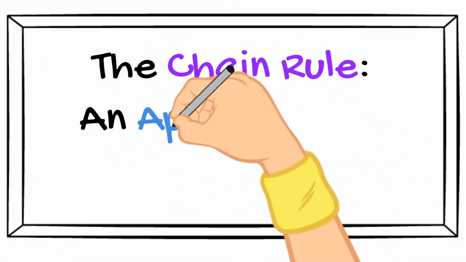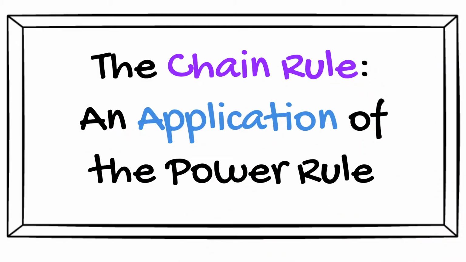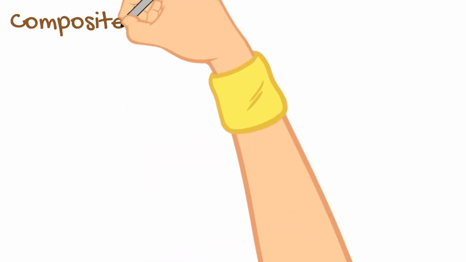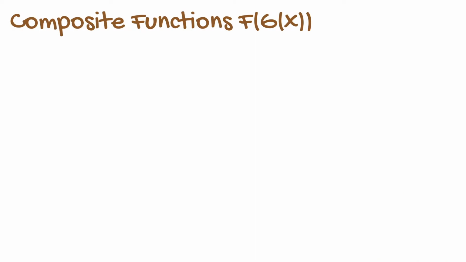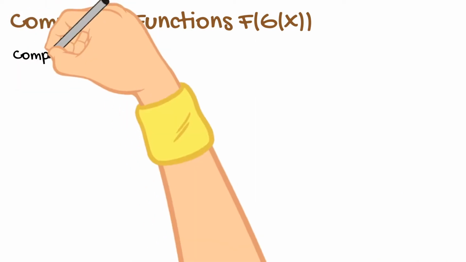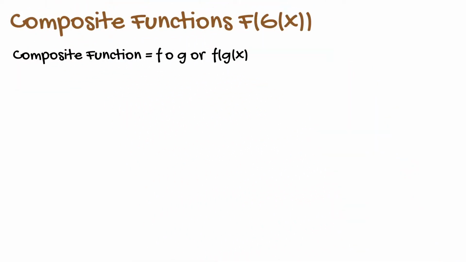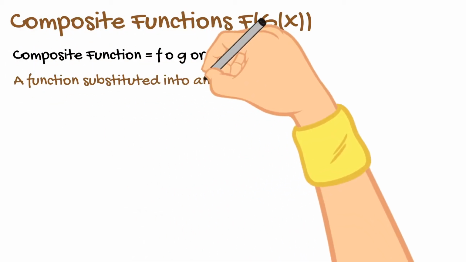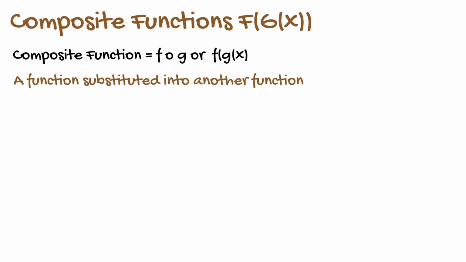This is the topic of today's video, the chain rule, an application of the power rule. So let's revisit an old mathematical concept called composite functions. A composite function is generally represented by f∘g, and no, not the mist fog, it's f of g of x. Composite functions, as the name entails, is when you substitute a function into another function, and it's best described with